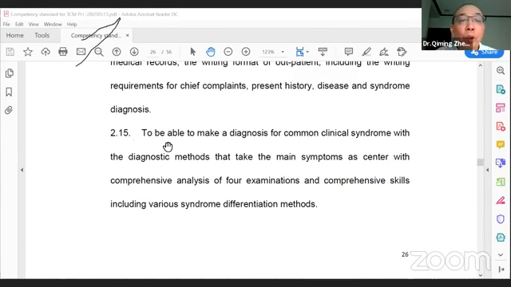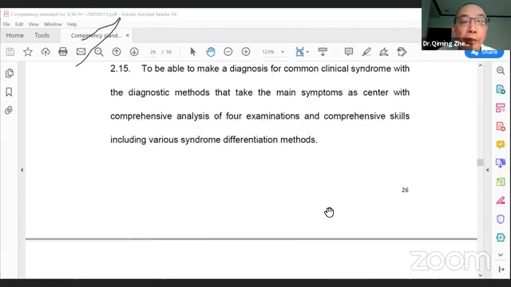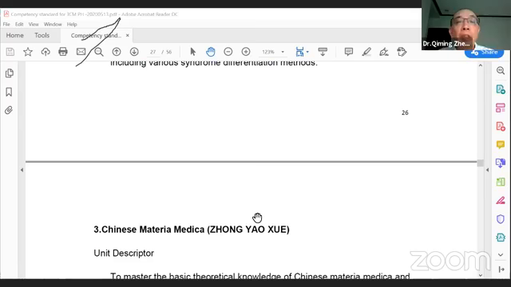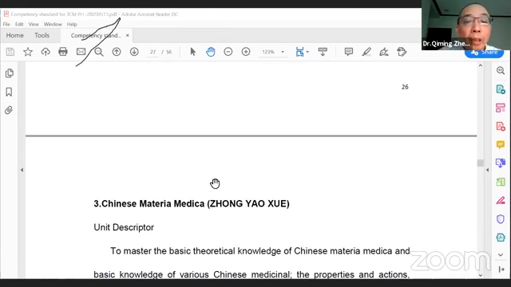Point 15, to be able to make a diagnosis for common clinical syndromes with the diagnostic methods that take the main syndrome as the center, with comprehensive analysis of full examination and comprehensive skills, including various syndrome differentiation methods. So this is the diagnostics of Chinese medicine competency. Third part, Chinese